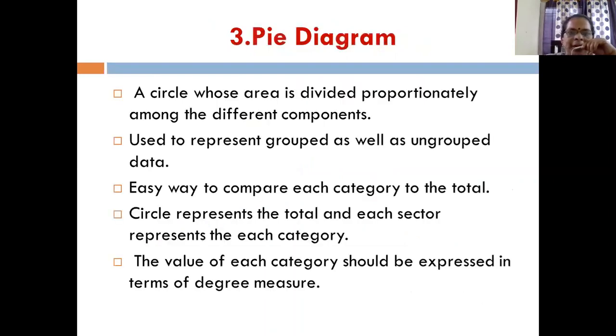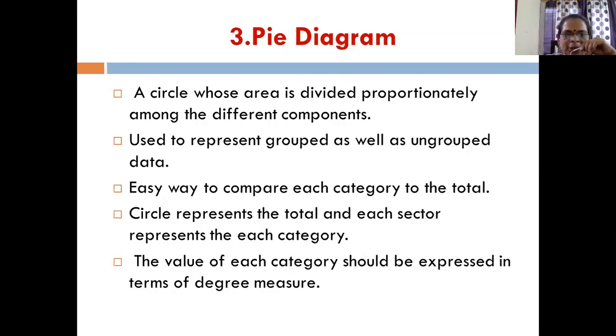Now we come to pie diagram. Pie diagram, sometimes we will call it as pie chart also. Here pie chart we can use for grouped data as well as ungrouped data. If suppose we need to represent the passing percentage of students in every year, so it is coming in year, for example, 92, 93, 94 like that. You can, so that time also we can use this pie diagram.